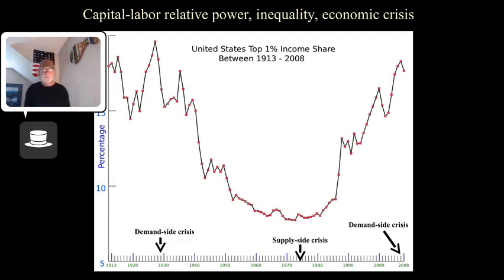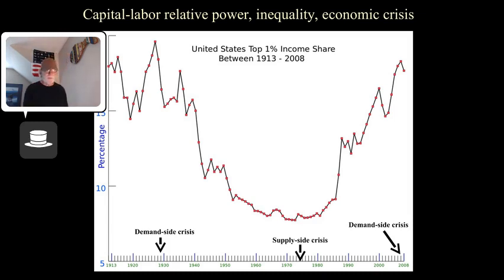Okay, so this is the same graph I showed before. The higher the line on this graph, over time, the greater the inequality. And notice that you have a demand-side crisis when you have massively high levels of income inequality. You have a supply-side crisis when inequality is at its lowest point, because that's when labor actually has a little bit of power. So just when we're getting to the point in the United States in the mid-70s, early 70s,